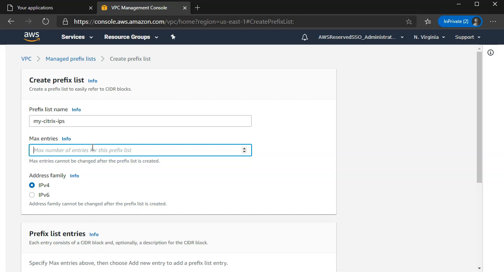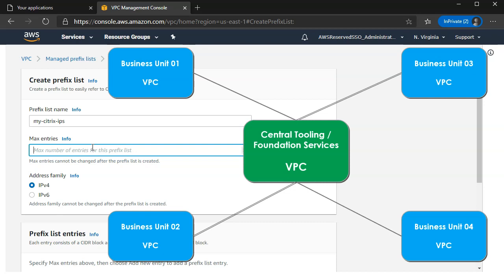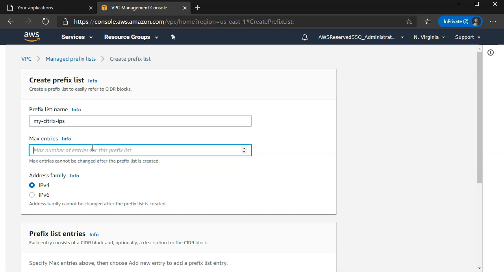Now, some of you might be thinking that when my shared services account is paired with the spoke accounts, then I would be able to refer to the security group of Citrix servers as well. Yes, that is correct. But then the point is, you will be able to do that only if you are doing VPC peering, right? The limitation with transit gateway is you would not be able to refer to the security groups over the peered VPCs, or you would not be able to refer to the security group of a peer VPC.